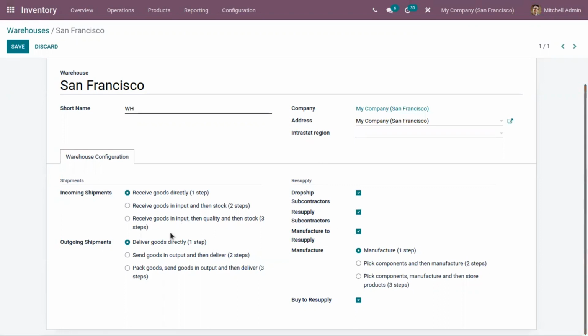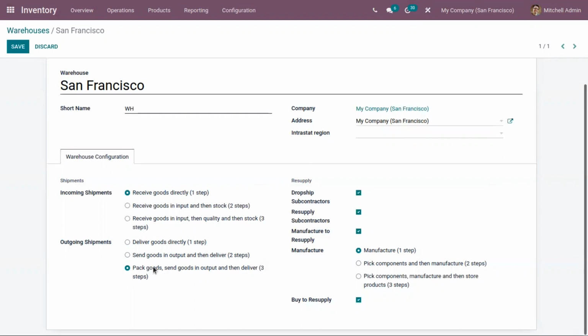And for outgoing shipment, also we can deliver products to customers directly, or we can follow two-step in order to send goods to an output location, and after that deliver products to customers. If you choose three-step, then first we have to pack goods in a packing zone.